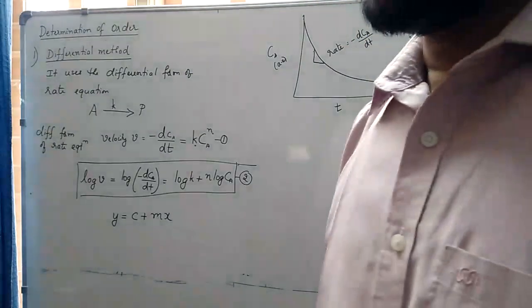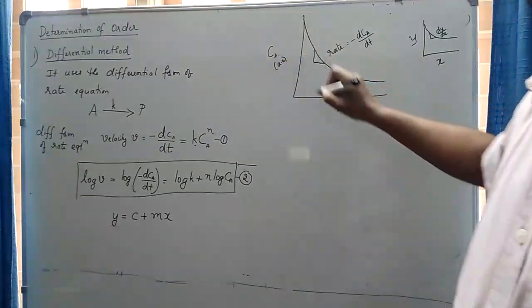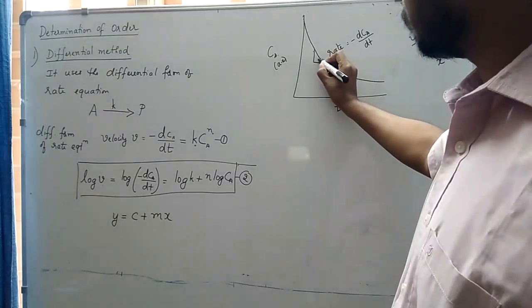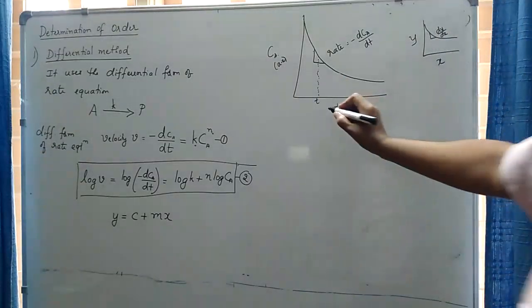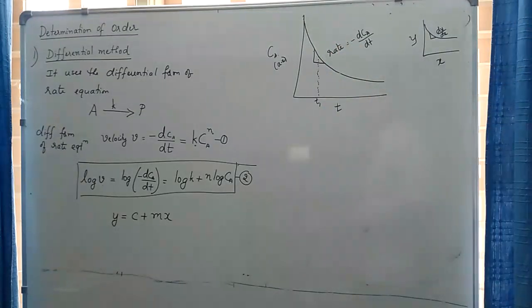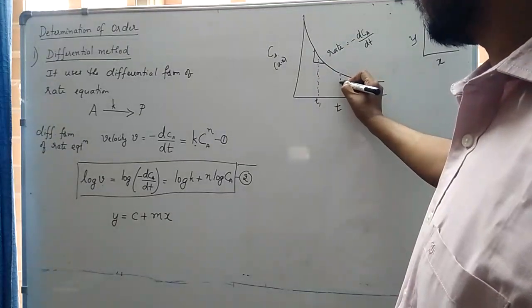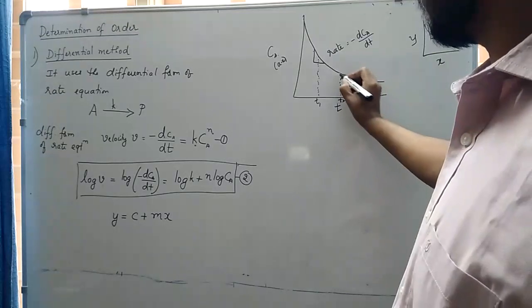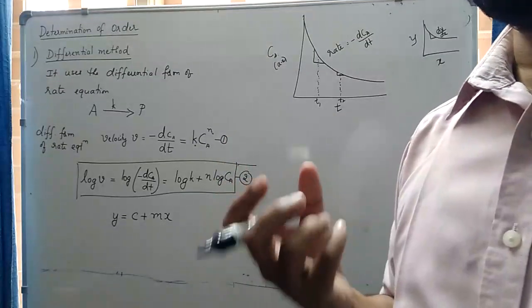So how can we measure the rate of the reaction at a particular time? We have to plot a graph of concentration of the reactant versus time, and find the slope at a particular instant of interest. Suppose I want to find the rate of this reaction at time t1, then you have to calculate the slope of the graph at time t1. Suppose I am interested in the rate of the reaction at time t2, then I have to find the slope of the graph at time t2. So this is the method of determining the rate of the reaction experimentally. So we have the data now.